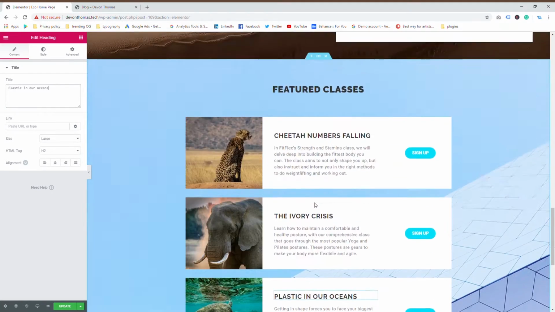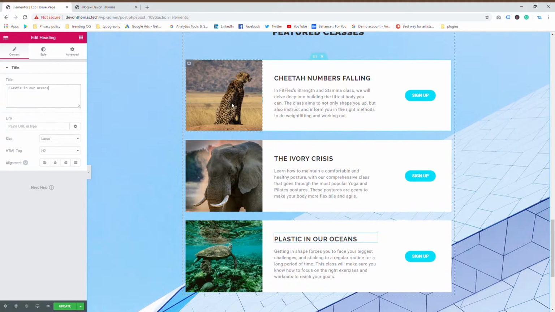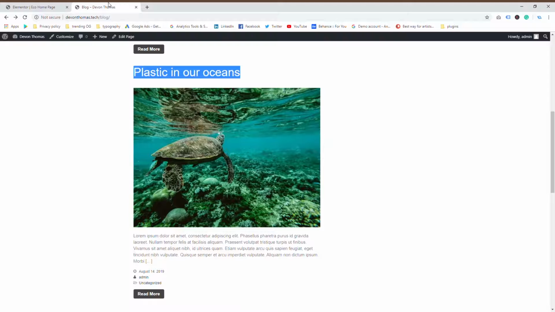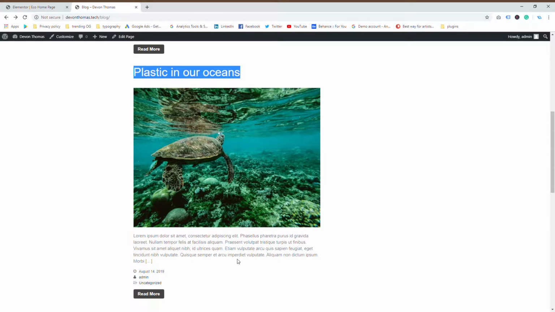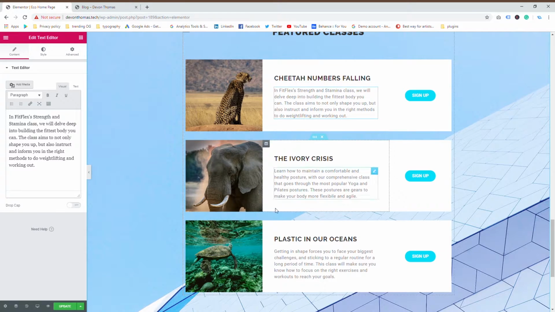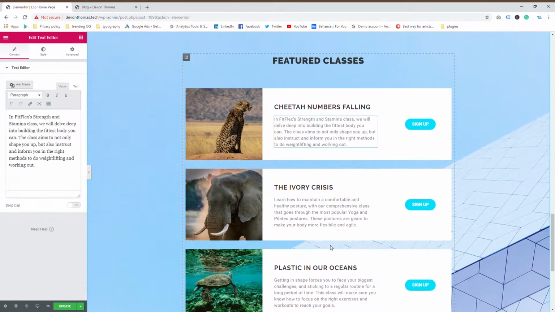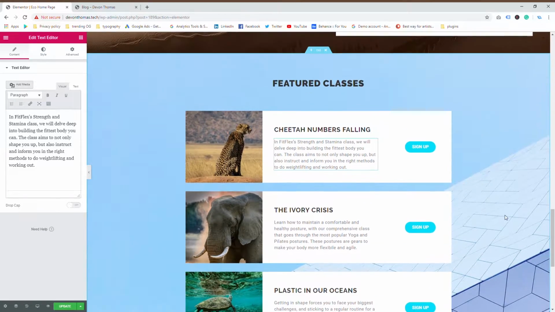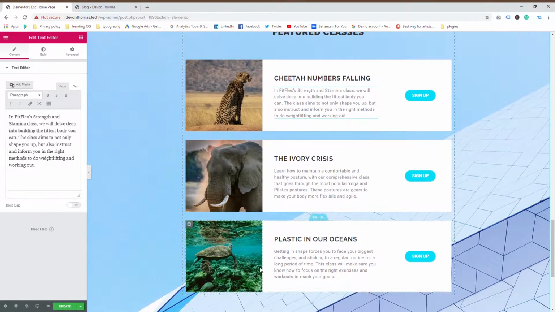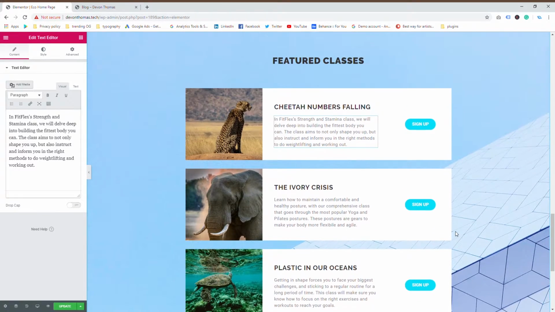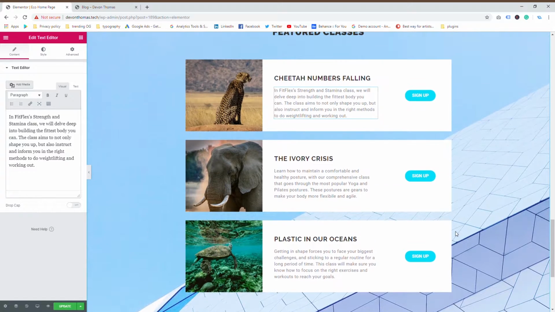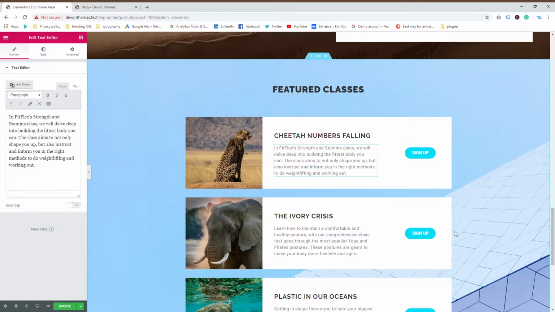Okay, so we've got 1, 2, 3, and we want the excerpt from our post, but it's all lorem ipsum filler text anyway, so there's no problem with that. Main part is we've got this section sorted out. Okay, so we've got very light boxes. So what I'm going to do is I want to find a slightly darker, a more green